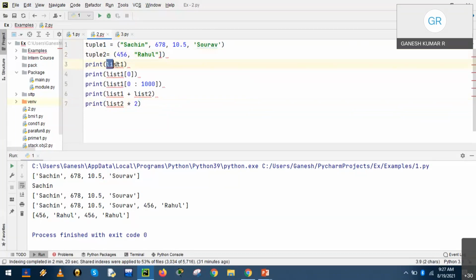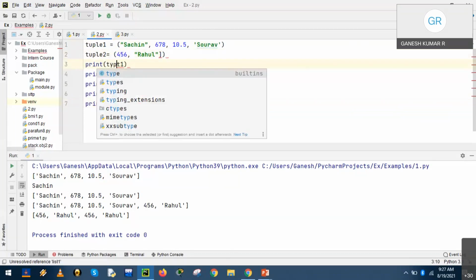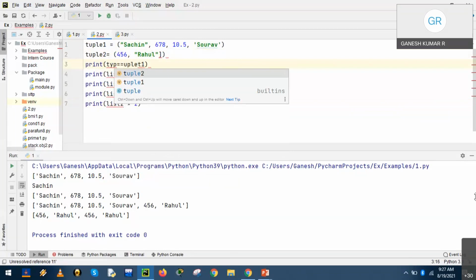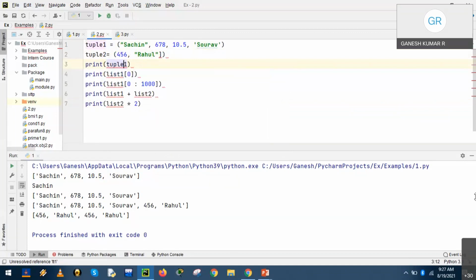So we need to change everything here. We should be very careful while typing to not make any mistakes.